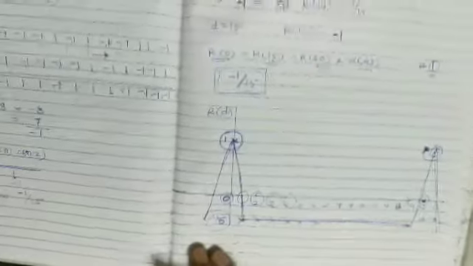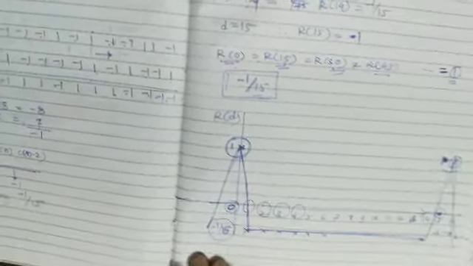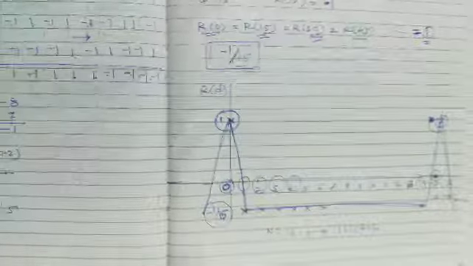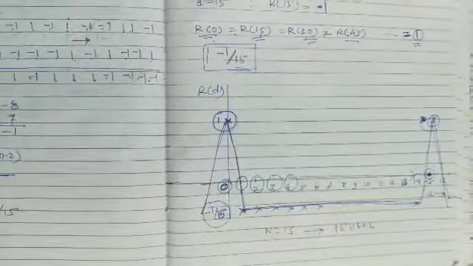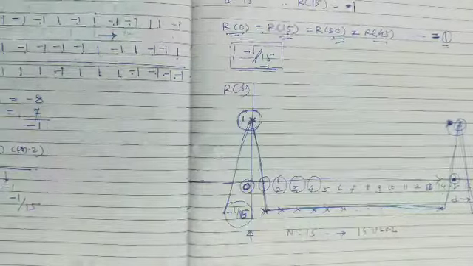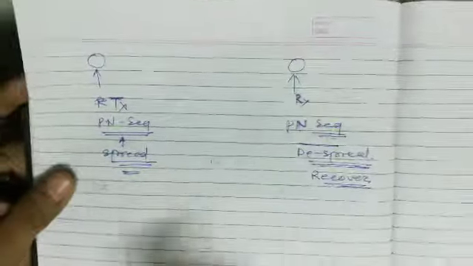The same PN sequence can be used for multiple users, but we have to use it by shifting the sequence by 1 bit. Here we have the PN sequence of length n is equal to 15. So we can cater 15 users by shifting the PN sequence by 1 bit 15 times. The code that is used for spreading, the same PN sequence you have to use at the receiver end in order to de-spread the signal.